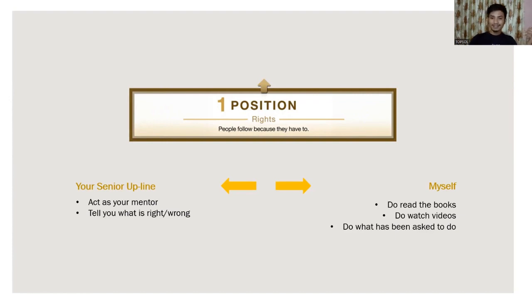See, what will happen is that most people, they don't do the right thing. I'll tell you from my own experience in this business. I have people who have done the right things and I have people who have done the wrong things. And for people who have done the right things, we shift to the next level. And for people who have done the wrong things, what will happen is when I ask them to read books, and I ask them to watch videos, and I ask them to do what they need to do,